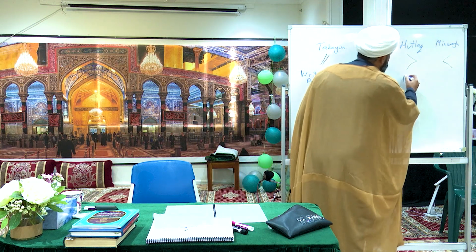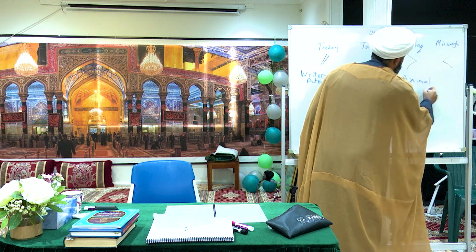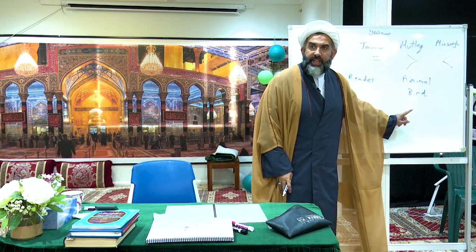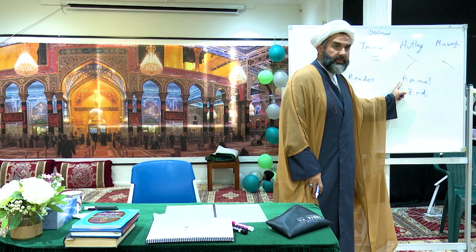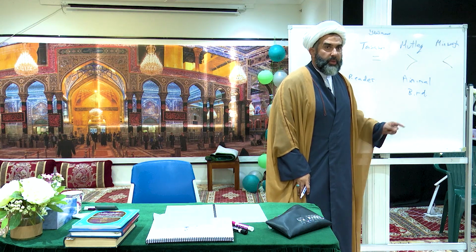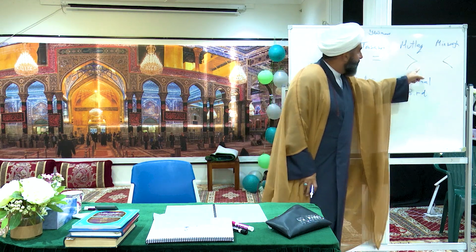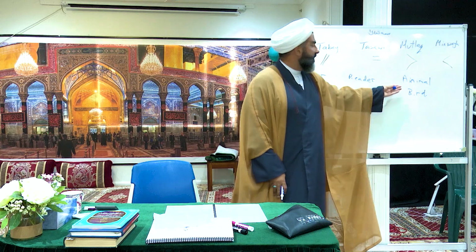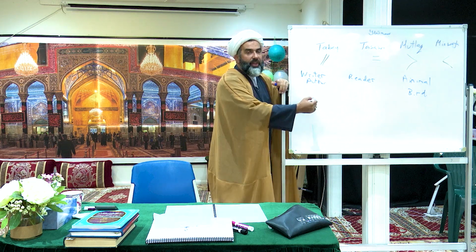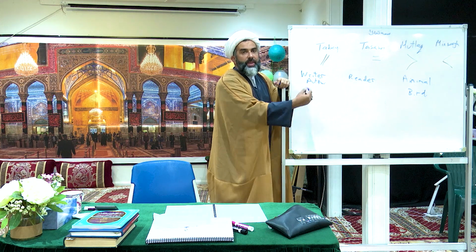We have, for example, animal and birds. Every bird is an animal, right? But not every animal is a bird. What's that? Is that this or this or this or this? Mutlaq, thank you. Every bird is an animal. Some animals are birds. How would I draw that in the circles quickly?